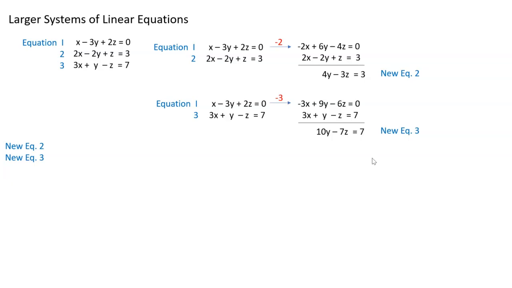Now I'm going to get the new equation 2 and the new equation 3, and we're going to get rid of the y's. Most instructors and also the book might tell you here to find the least common multiple between 4 and 10, which is 20. But I don't do it that way, guys, because I don't want to leave any student